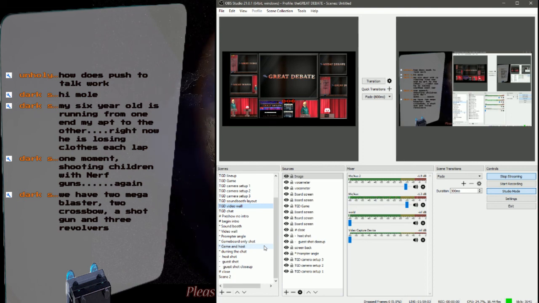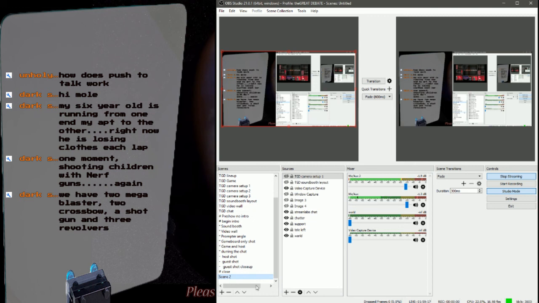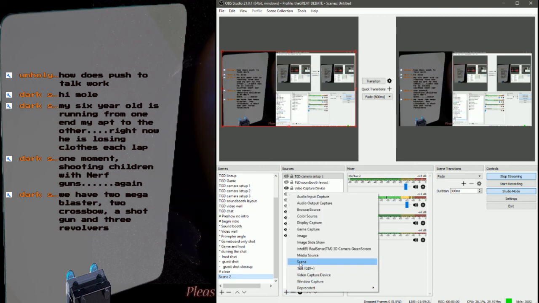So how do you make a scene into a source? Pay attention to the screen here. Let me get to a good spot. You're going to go into sources at the bottom where it says plus. You're going to click to the scene part, and it'll catch up here in just a second. You should be seeing it right about now. You click on that scene, and then it allows you to select one of your existing scenes.